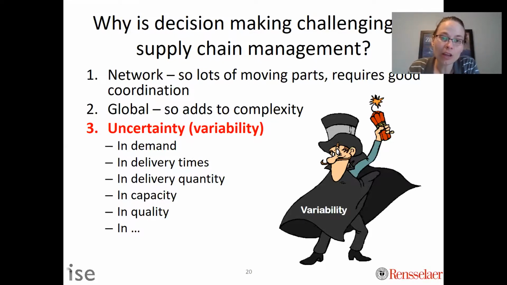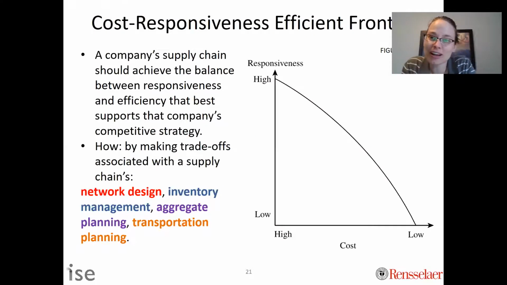So when you think about big picture supply chain decisions, you could think about all the homework and all the modules that we went through as really different levers. So I can change my network design, I can change my inventory strategy, I can change how I plan my resources through aggregate planning, or what type of mode of transportation I use. Those are all things I get to change and I get to optimize. I get to say, I'm going to do it this way or that way, right? And that's great. And you now have the tools to think about how to do that.